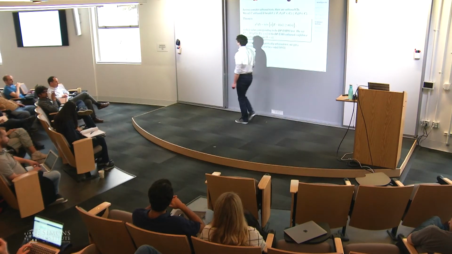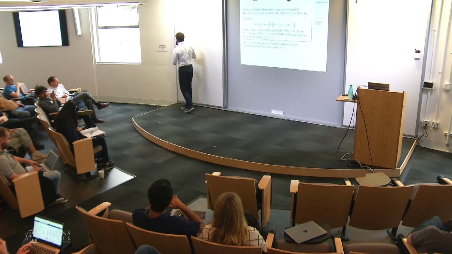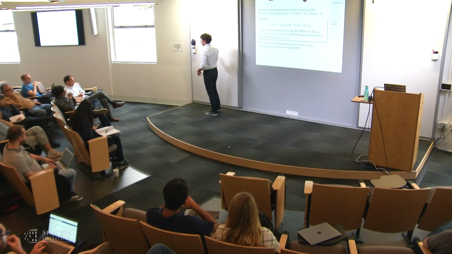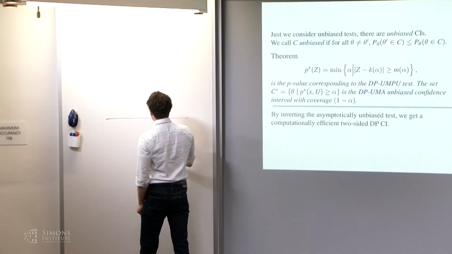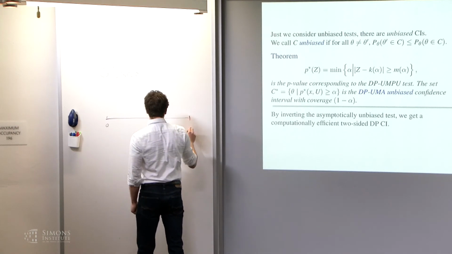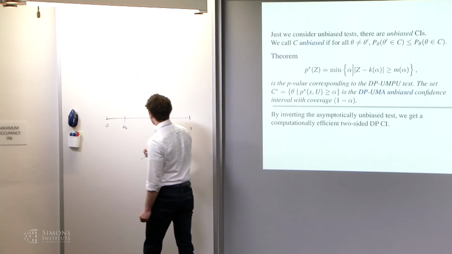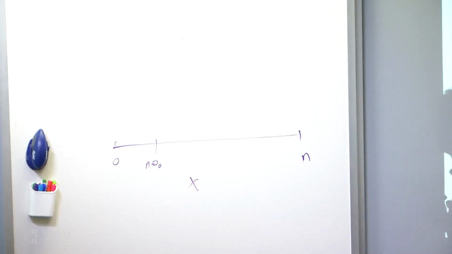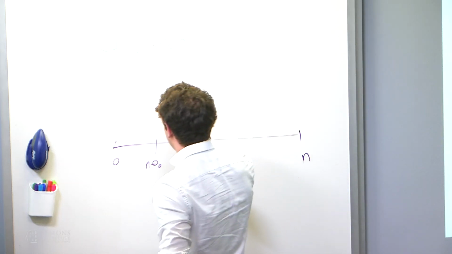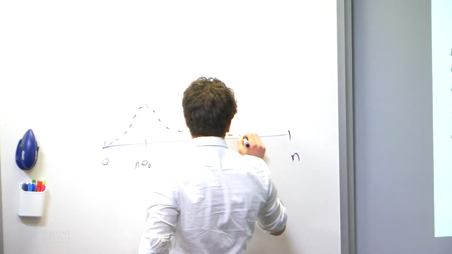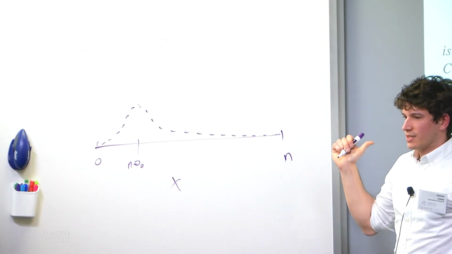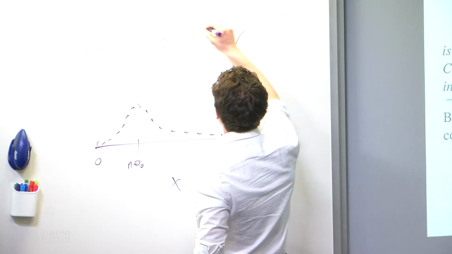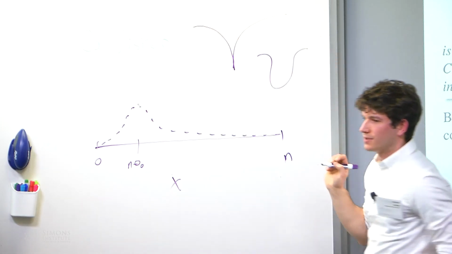So here, I could draw a picture, maybe. If theta is a half, then it's exactly right. But if theta is not a half, then, so here's 0 and 1, and let's put theta over here. Maybe let's say this is the picture of x's. So the binomial looks kind of like a normal, except it has a much longer tail on one side. And then the tests look like things like this or U-shapes.